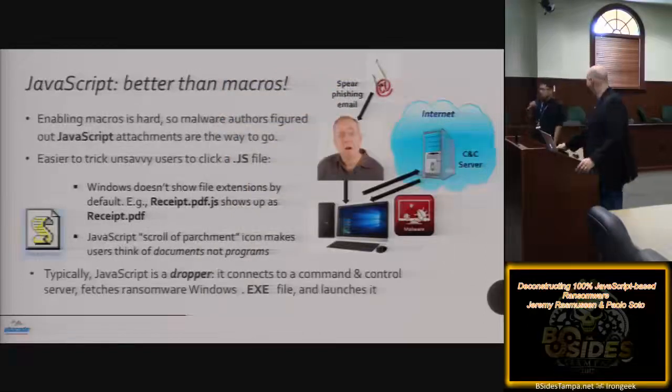Skip the macros completely, because pretty much at this point everyone knows not to enable them. So an unsavvy user is going to get a JavaScript attachment, like receipt.pdf.js. And the Windows file system by default doesn't show any extensions, so it's going to look like receipt.pdf. You can even change the icon to make it look like a PDF icon, and you go to click on that. Although I would say the psychology of the JavaScript scroll of parchment icon itself kind of makes people think of a document rather than a script or something that's dangerous and executable. So a lot of those early variants of Locky were just droppers where they would connect out to